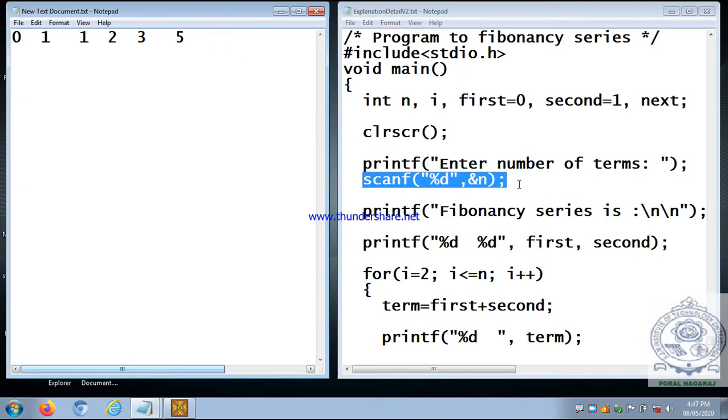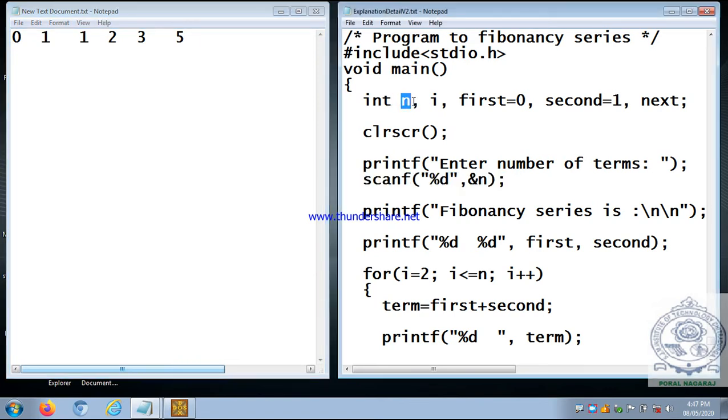6 only. So what is the value of n now? The n value is 6. So you have to give the input through the keyboard. n should be declared. Okay. And we know that first is 0, second is 1, so that's why I initialized them. So the next number I have to compute, that's why I have taken one more variable, next. Read the value of n with scanf, preceded by printf, enter number of terms.